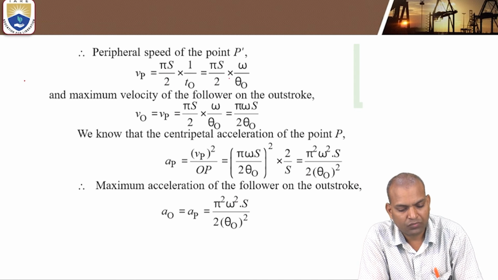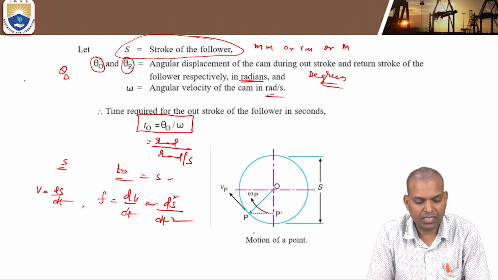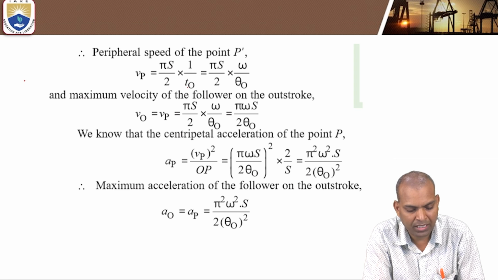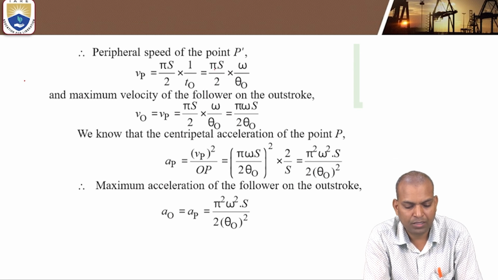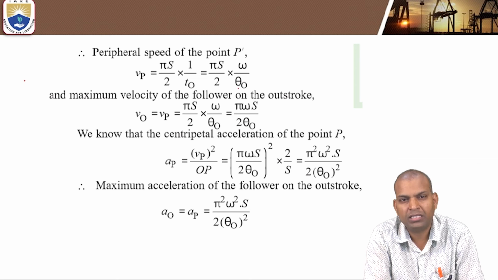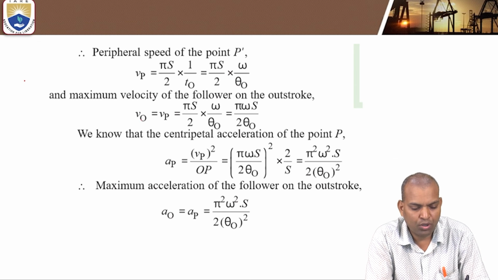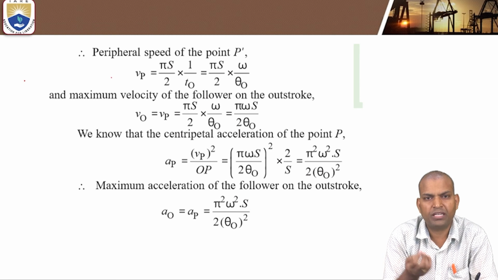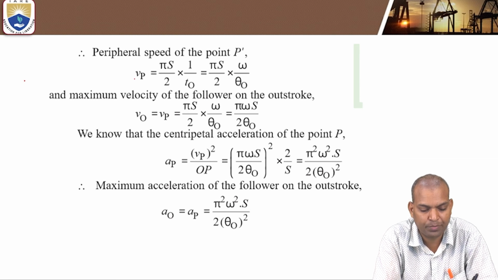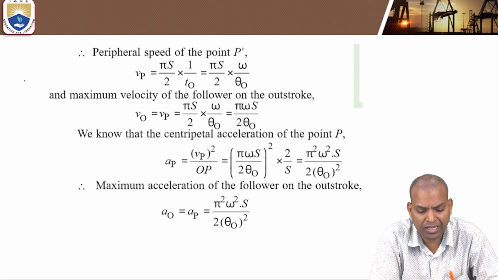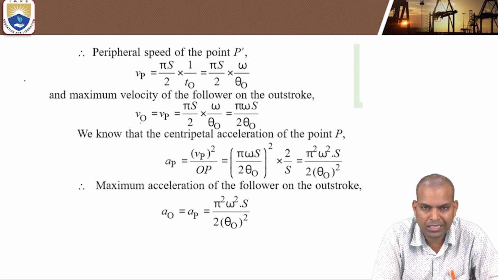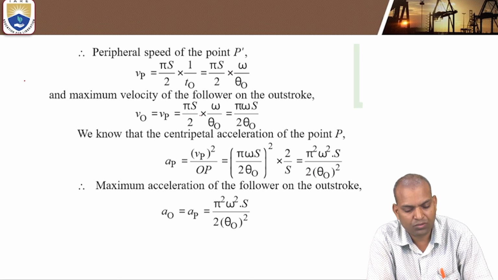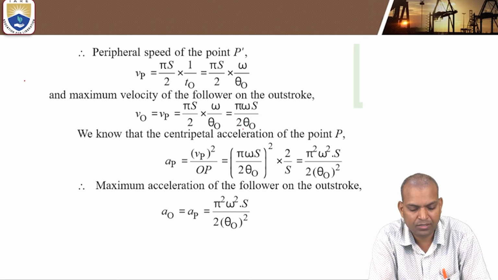Now pi s by 2, what is the t naught? Just now we studied t naught equal to theta o by omega. Substitute over here theta o by omega. For simplification it comes to pi by 2 s times omega by theta naught. Very simple. This is the peripheral speed of the point P dash, that is the simple harmonic velocity Vp. So the maximum velocity of the follower during the outstroke equals V naught equals Vp, that equals pi by 2 times s omega by theta naught, that is pi omega s by 2